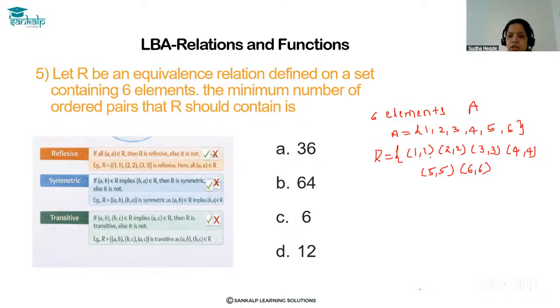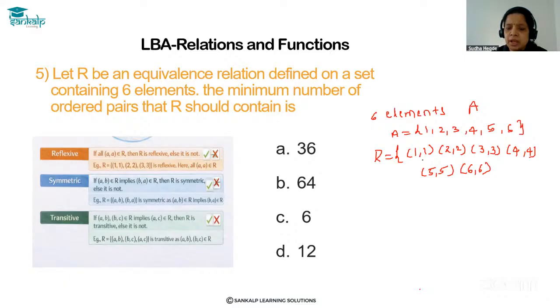So, to be reflexive, R should contain (1,1), (2,2), (3,3), (4,4), (5,5), and (6,6). Now, to be symmetric,